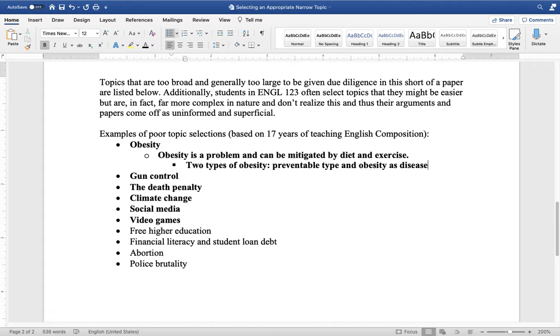From all the medical and scientific peer-reviewed scholarly articles I've read, obesity as a disease is not preventable. So anyone who says that obesity can be mitigated by diet and exercise, bullet number one, you're not talking about obesity in a way that it should be talked about, and they never do. They just kind of lump obesity as this one issue,